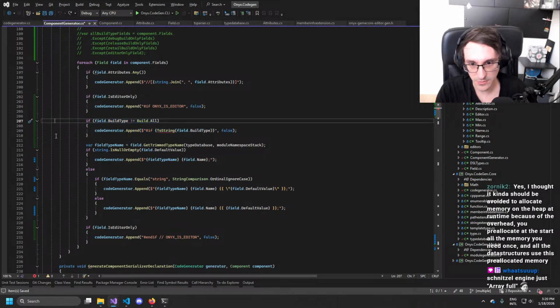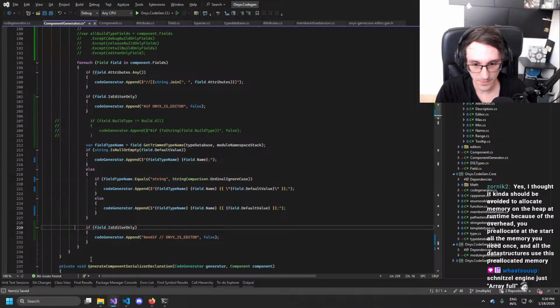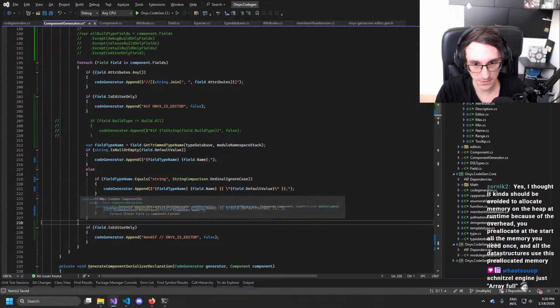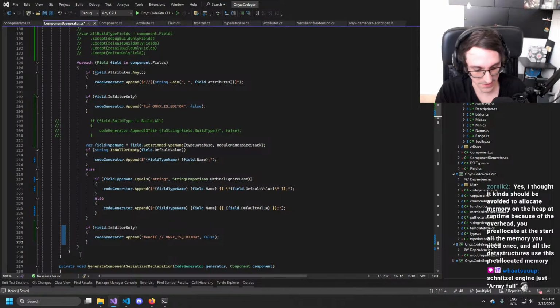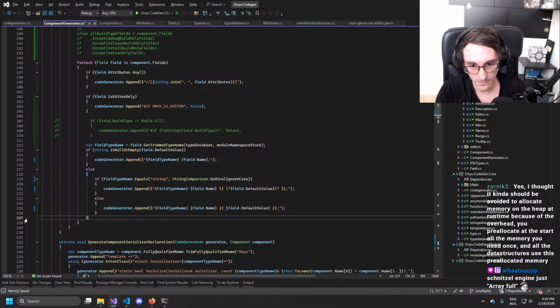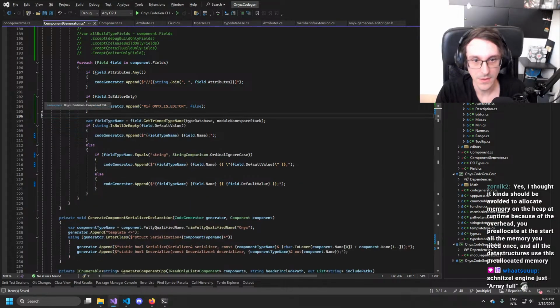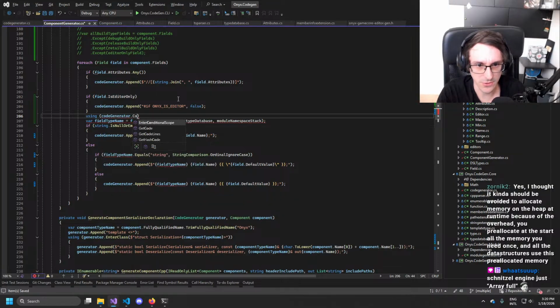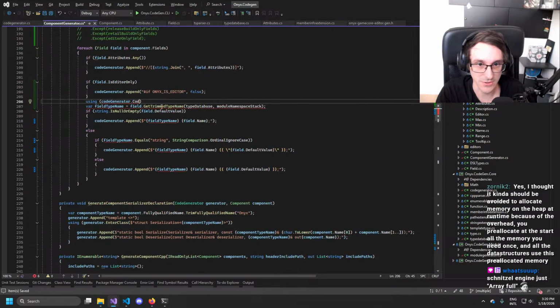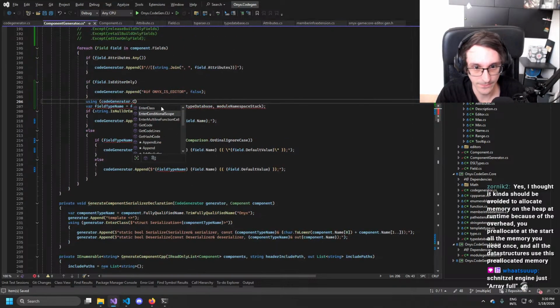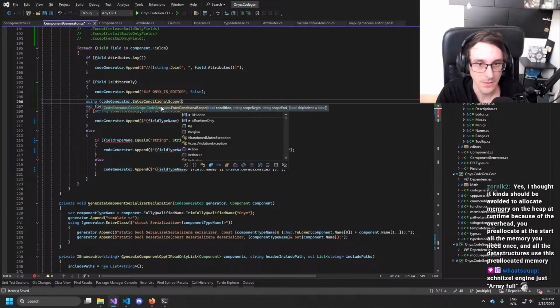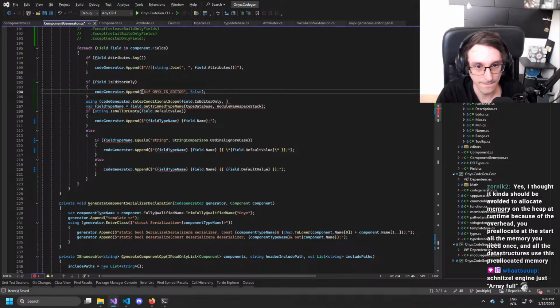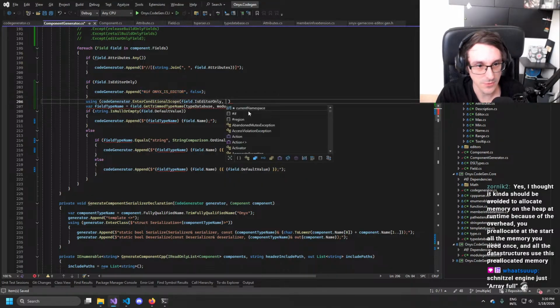Let's comment that one out. Well, I guess we could do it here. The scoped one at least. So let's do it here. So basically what we said is using code generator, conditioner scope, whatever I just pressed. Field is editor only, and then it would be this.